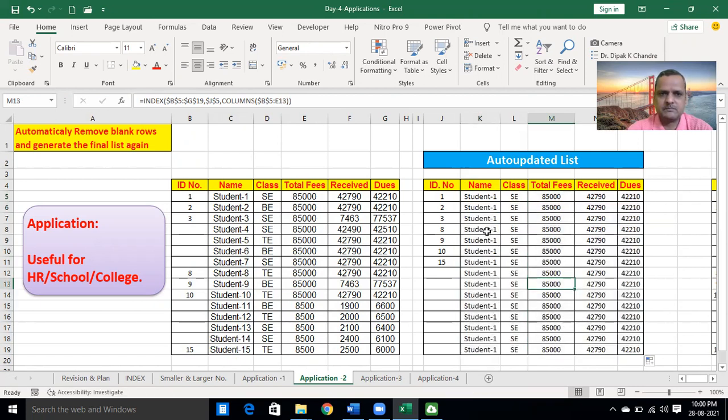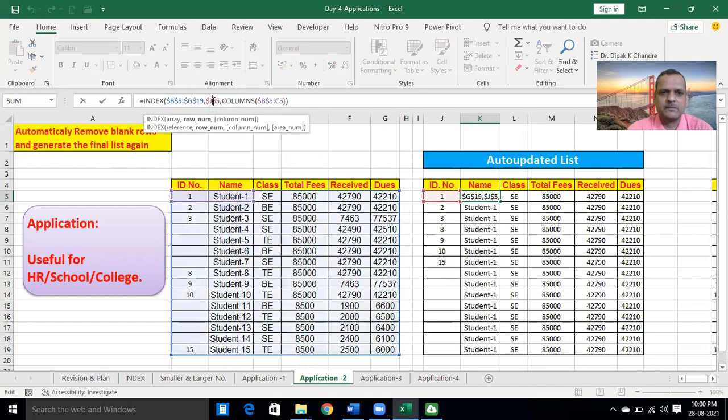Okay. Still there is some error. These errors happen because this J5 is locked, $J$5. It means this row number is the same everywhere till the end.